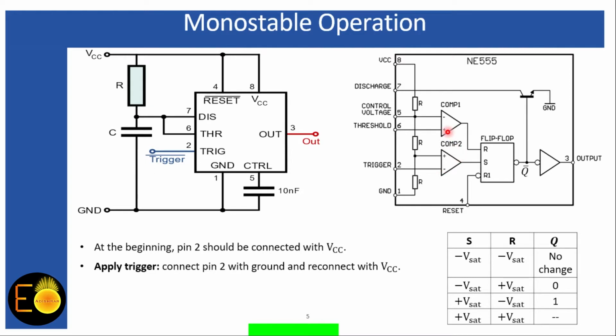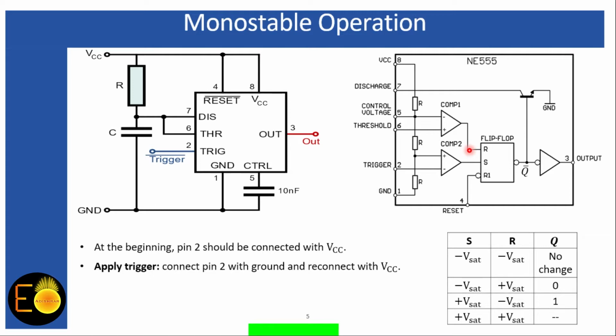Well, now as they are comparators, their output can switch between plus VSAT and minus VSAT. Now what is this plus VSAT? Plus VSAT means close to the most positive supply available to the circuit, that is close to VCC, and minus VSAT means close to the most negative supply available for the circuit, that is the ground. So minus VSAT means close to ground, plus VSAT means close to VCC. Why do I call it close to VCC? Because some of the voltage may drop due to the internal circuit,